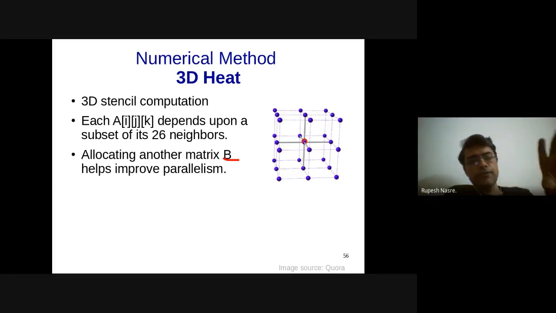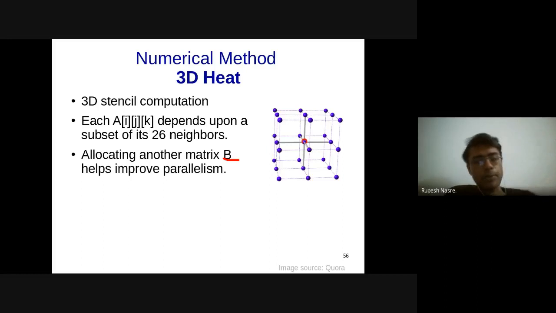So you will have #pragma acc parallel loop, and you will have a triply nested loop, so the collapse clause will come into play. You will be able to make use of tiling for that matter, do play around with it. Then there will be a data clause, and again there will be a do while loop, so the data clause should be outside. You copy the matrix A once, and copy back the same matrix at the end of the do while loop. If you are using in situ update, that is fine. If you are using both A and B, then you need to copy back A and, well, yeah.